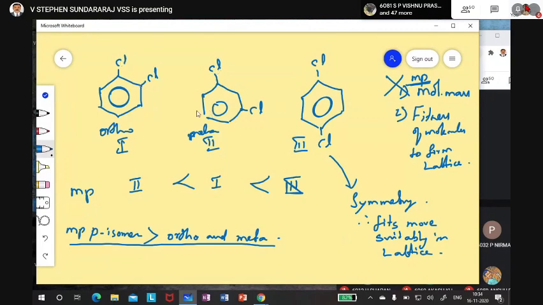But then you take the interaction. See here the overall mu; the intermolecular force will be mu resultant. Here is the mu resultant, here it is less. I am writing shorter to mean less mu resultant. So here the molecules are attracting stronger. Both are not having symmetry, both will fit in a similar pattern. At that time attraction will decide. So here mu is more, so more intermolecular attraction, so they will hold more strongly. That is why the first is given, and that is second. Otherwise, I think in CBSE they'll ask only that para isomer is greater than ortho and meta. That is how they asked. Even if asked individually, please note down the sequence with reason.